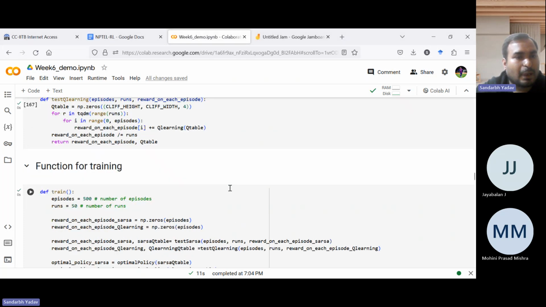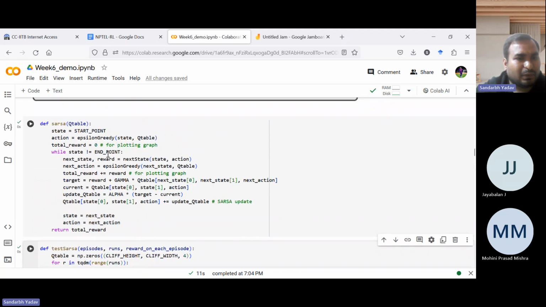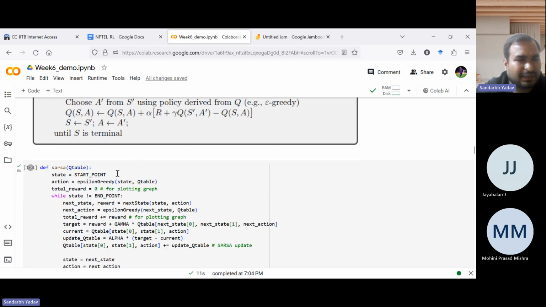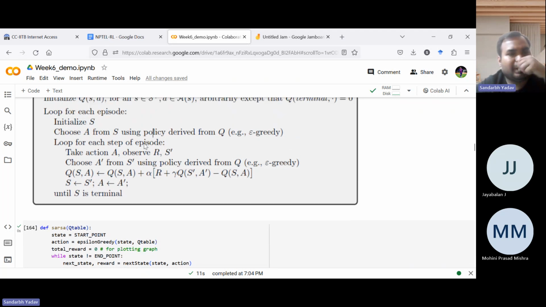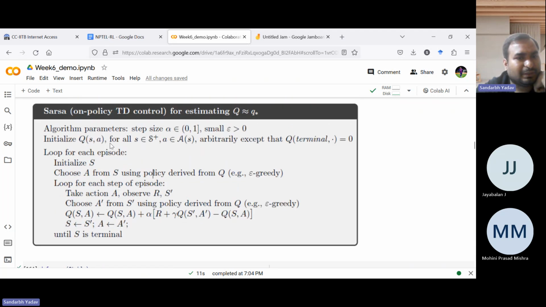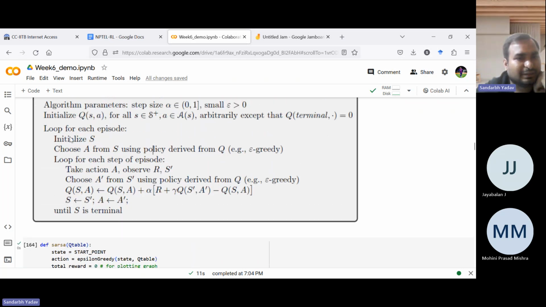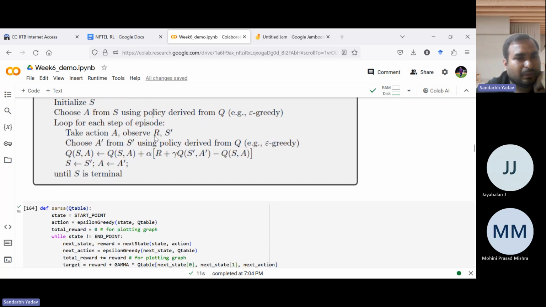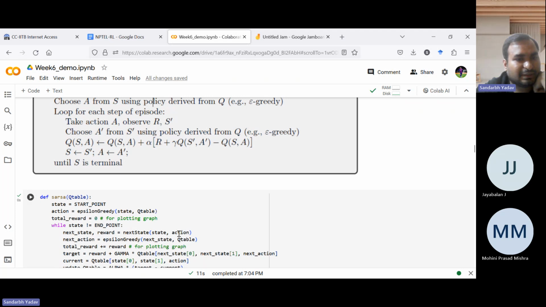So now I'll move on. This is the SARSA algorithm, and in this, we loop while we have not reached the terminal state. In the beginning we are doing the next state step. Let's start from the initial point. We already have these initialized, and then we get the action from the epsilon greedy policy. Then we loop until the terminal state, getting the next state and reward by taking this action. Then the step is to choose action a dash. Now we pass the next state s dash to get the next action, so we get a dash by passing s dash.